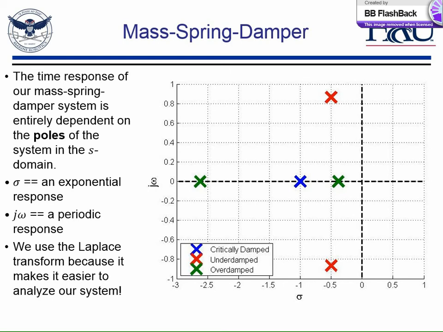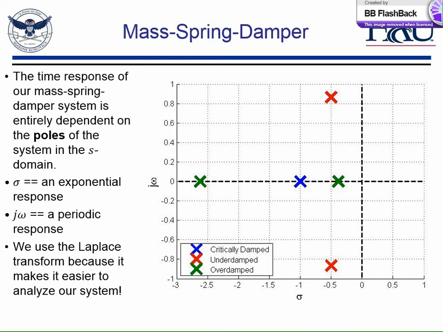So as we have an underdamped system and our damping ratio is less than 1, we're going to have complex poles. As we increase our damping ratio, we're going to see that the poles are going to coincide with a critically damped system. The critically damped system, we have two poles, but they're at exactly the same location. As we continue to increase our damping ratio, those poles are going to split, and they're going to start drifting away. Right? And this explains why we have a longer transient response with the overdamped system as compared to the critically damped system. Because this guy is closer to the